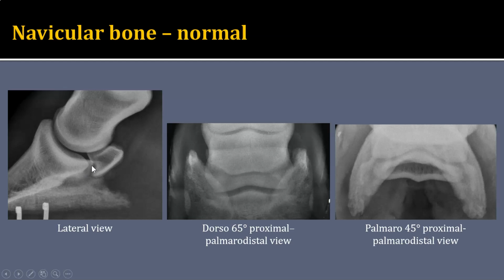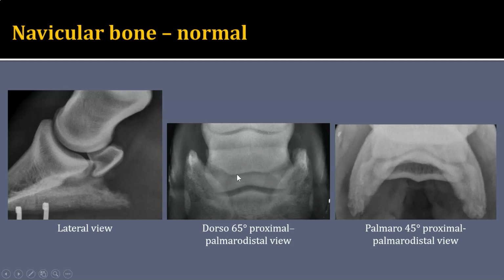And then the impar ligament is along the distal border, goes down to connect to the distal phalanx. And then the collateral ligaments and suspensory ligaments of the navicular bone are along the proximal border. On this dorsal 65-degree proximal palmaro-distal view, remember that the navicular bone is superimposed over the middle phalanx. Again, it has a dorsal,